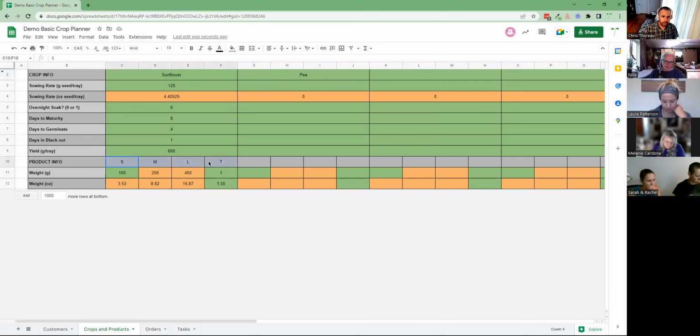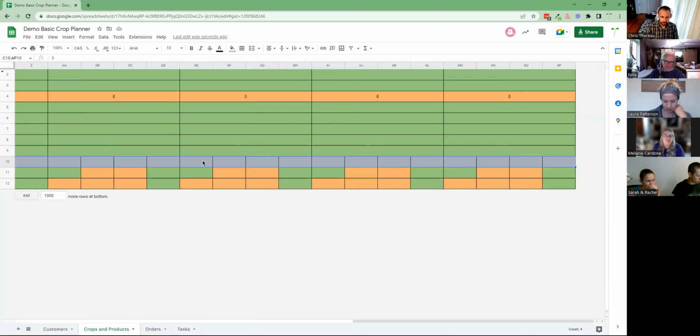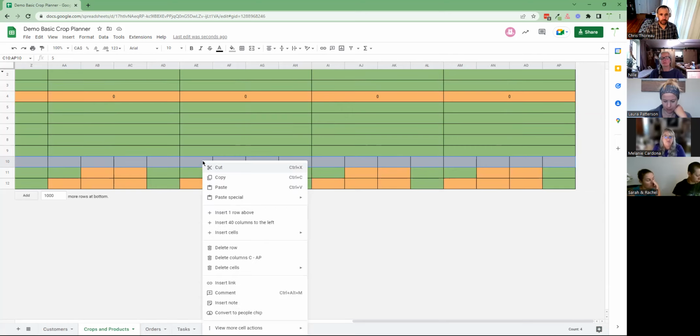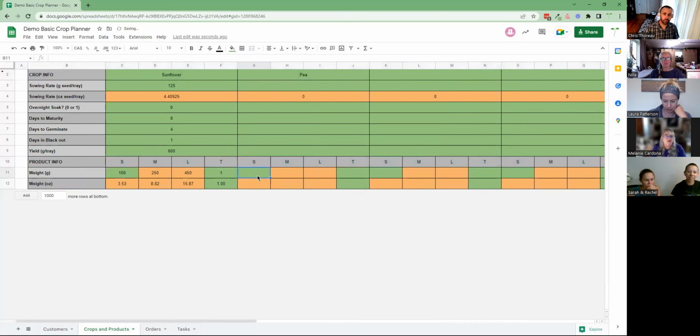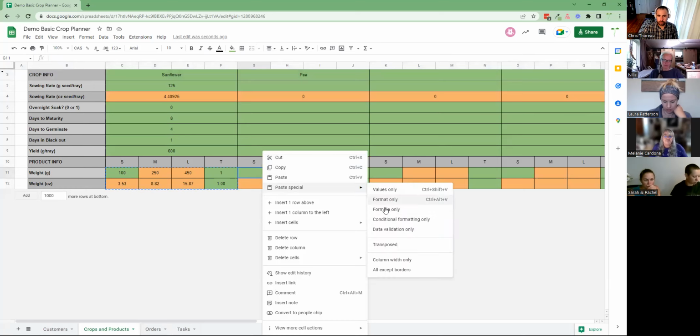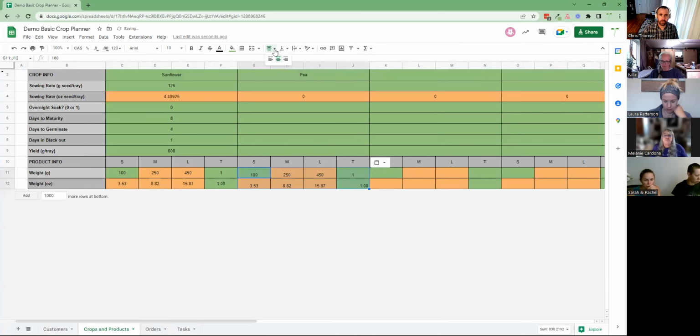Here again, I can take these values and select all of these and, again, paste special values only and keep that alignment. And so it's repeating there. And then I can actually do the same thing here. So what I'm going to do is copy this one. I'm going to do the formulas here only. And there's a reason I'm doing this like this for now. And then I'm going to remove